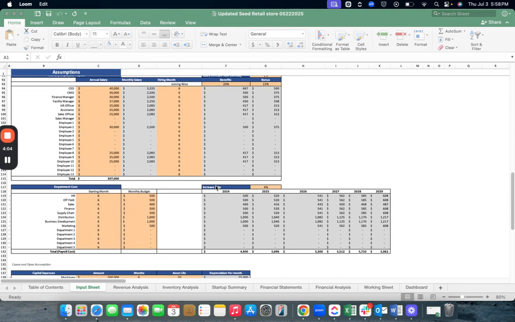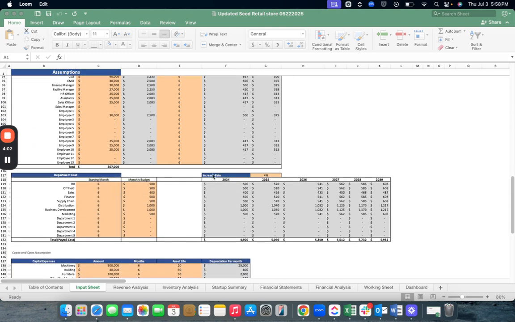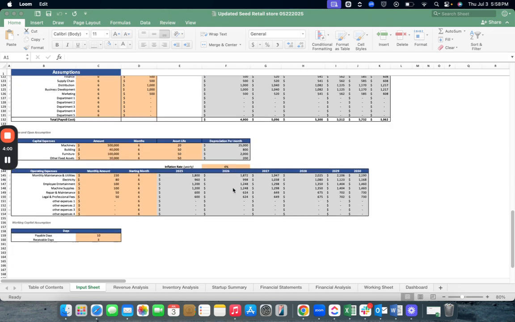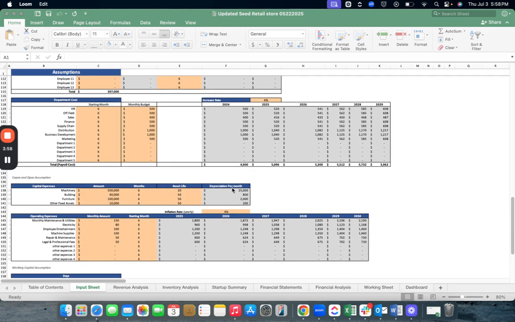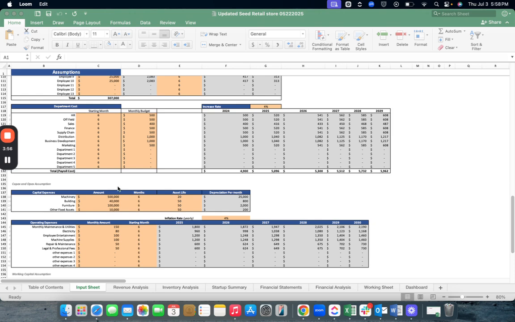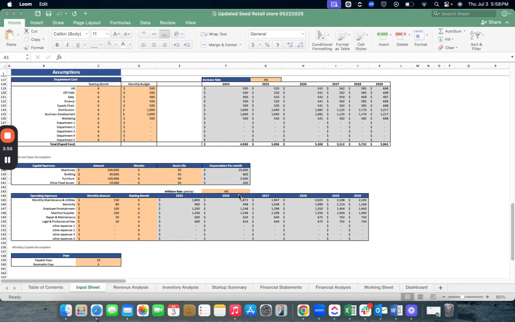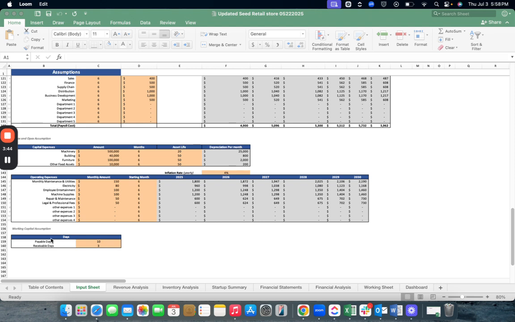growth, then we have department cost along with the increase rate, then we have cost and capex and opex assumptions, we have capital expenses amount, months, asset life and depreciation per month, then we have operating expenses along with the monthly amount, starting month inputs, then we have working capital assumptions like payable days and receivable days, then we have